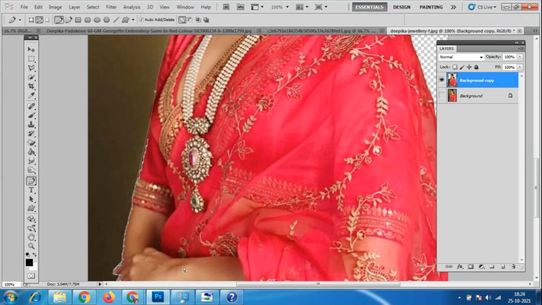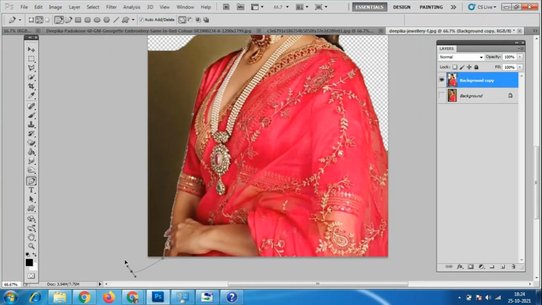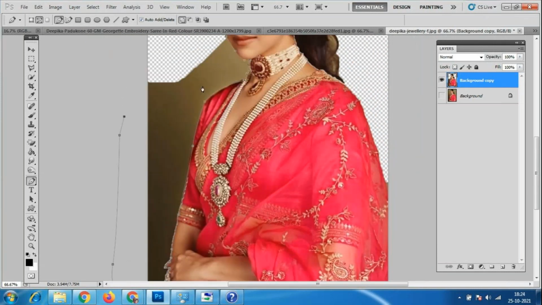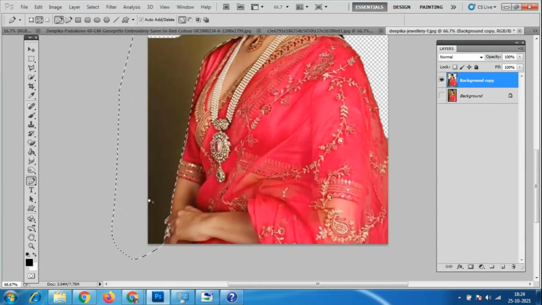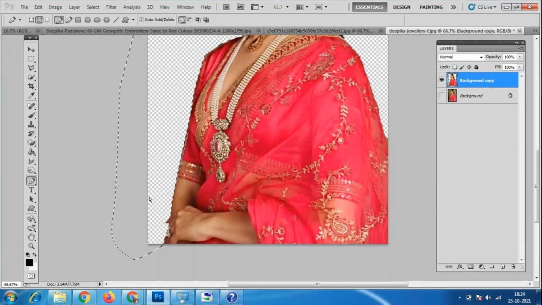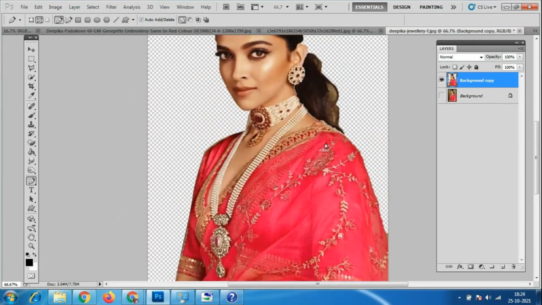Control minus. So I'll just select how much ever, Control Enter. So now this much area is selected. So I'll just delete it. Okay, Control D. So now neatly it is cut over here.